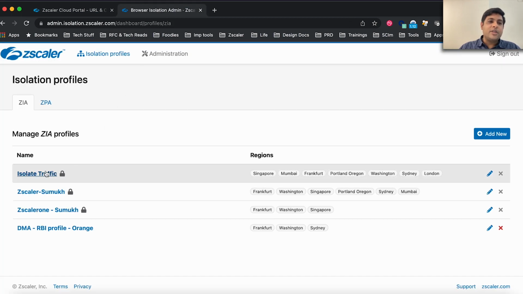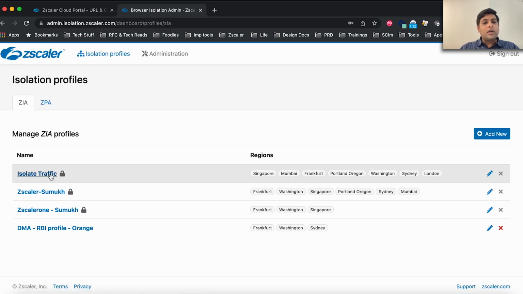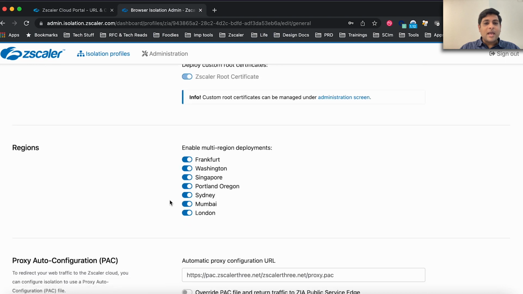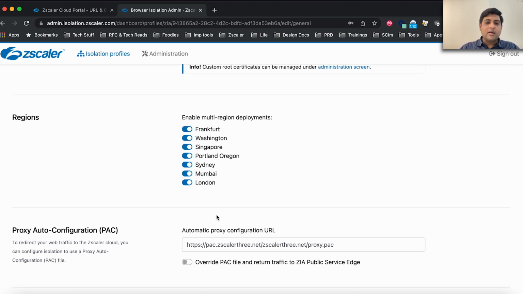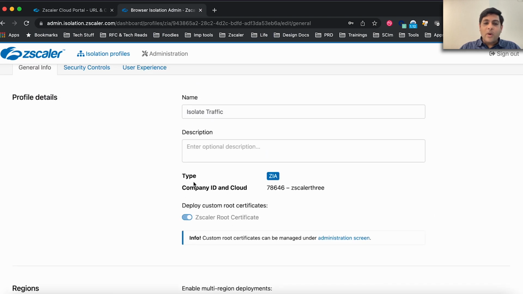An isolation profile is an object which we create on the administrative UI of the cloud browser isolation. It is basically where you define what regions a user is allowed to get an isolation container in. Whatever is closest to the user is where they get an isolation container. We can also define how the cookies are handled for the user, what kind of certificates need to be deployed